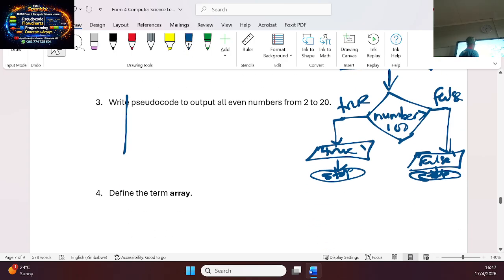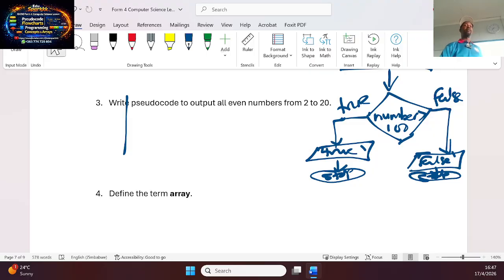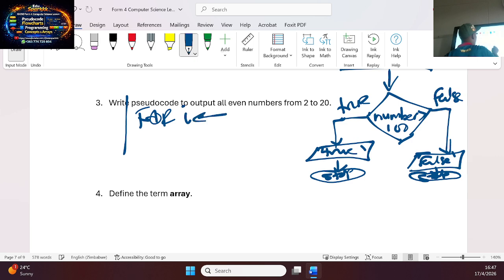Then moving on, we want to write a pseudocode to output all even numbers from 2 up to 20. Now, when we want even numbers from 2 to 20, we've got options here. We can perhaps use a step, because a step helps us increase by a given value. So because we want to iterate, we can pick a for loop to say for I, with an arrow, runs from 2 to 20. But because we want to output straight away, we can go to output